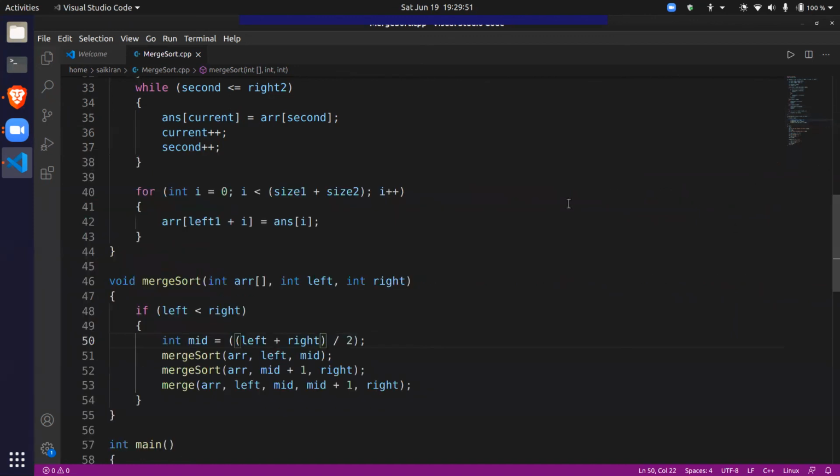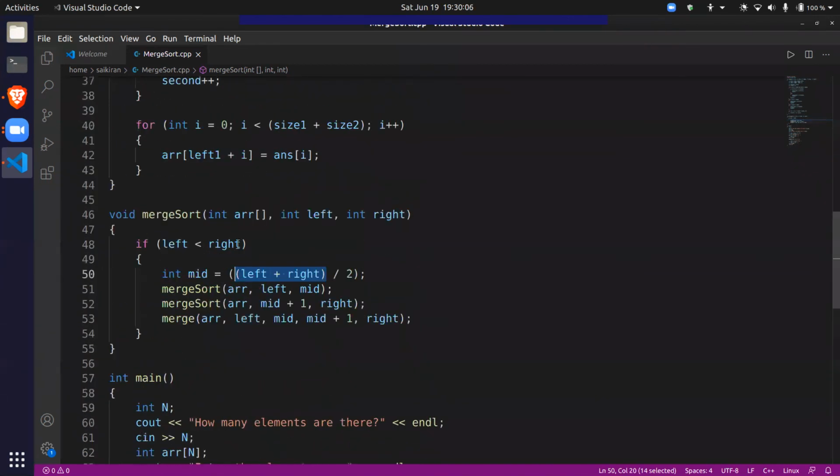The important lesson that you need to learn today is operator precedence is important. Always put brackets when you are doing addition and division in the same line. And this is how merge sort works. Did you understand how the base case is happening here? Base case is when there is a single element.